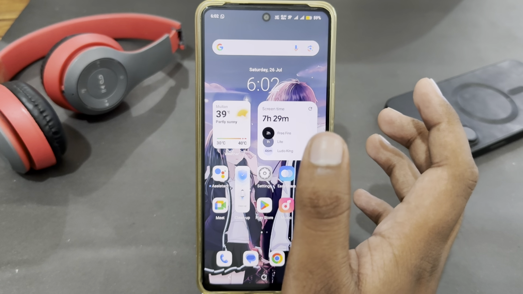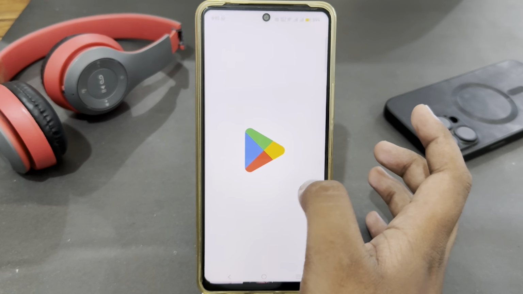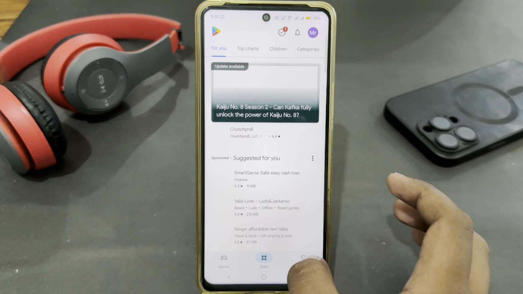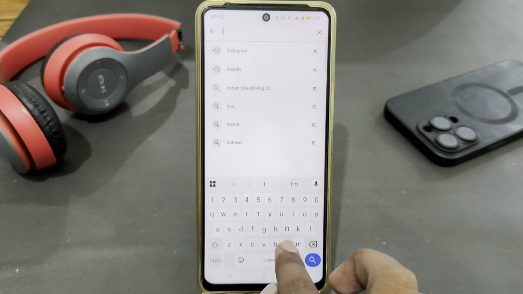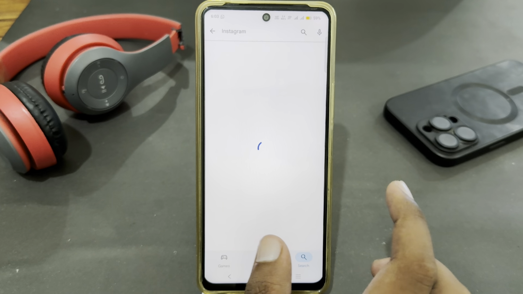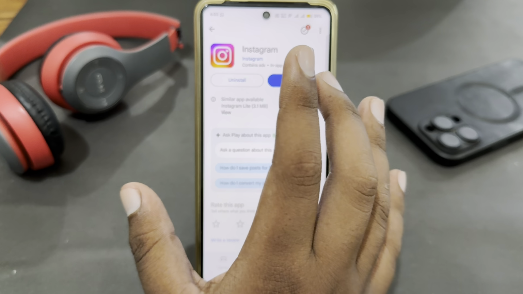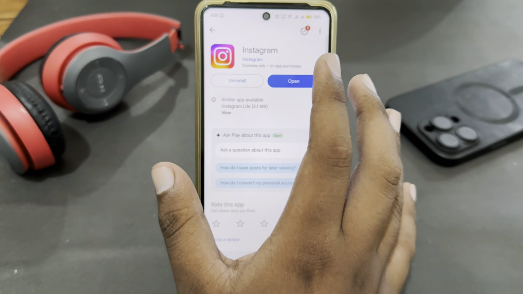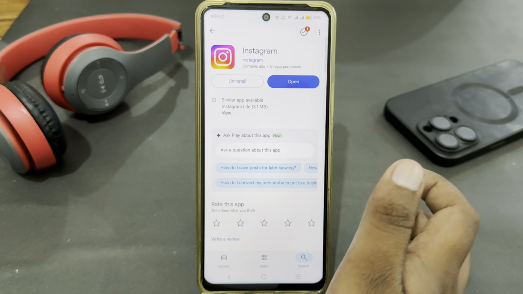But if you are still having the same issue, you have to update your Instagram app. Go to Play Store or App Store on your phone, then go to search, and here you just have to search for Instagram. Just search for it, and here in this open Instagram, you can see that my Instagram is up to date. But if you have any update for your Instagram, you have to install the update, and after